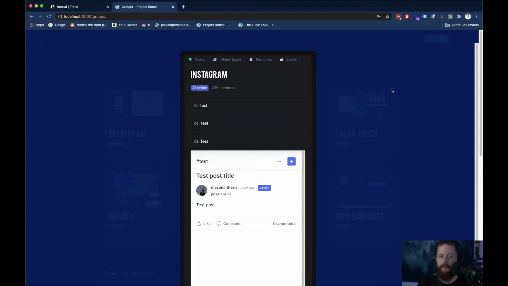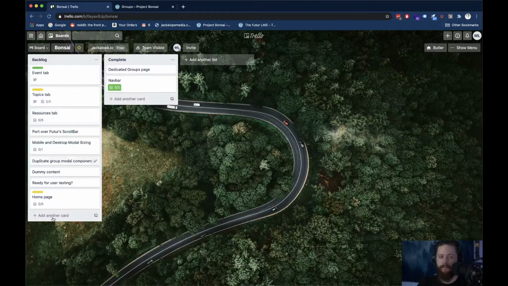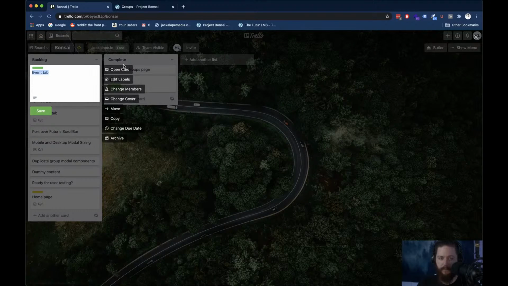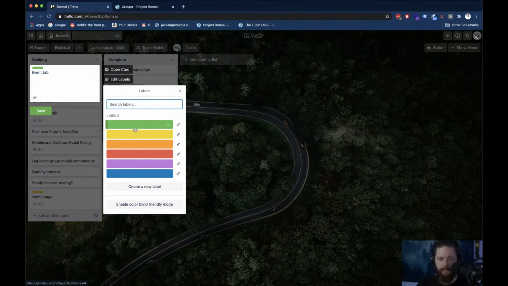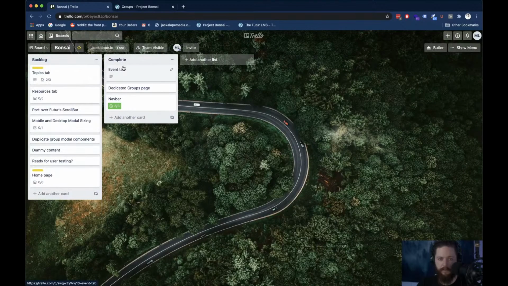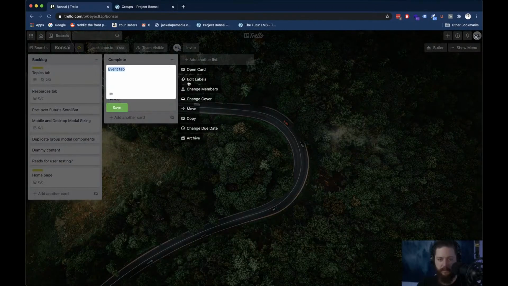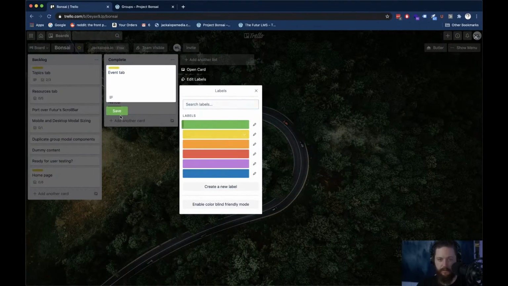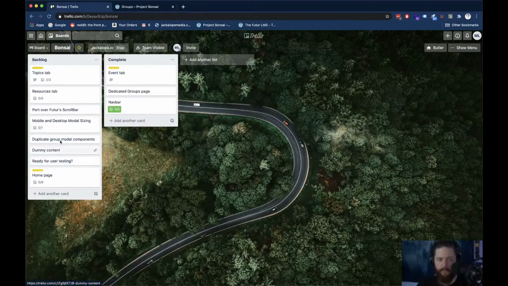So once I solve this part, it will naturally solve the calendar sizing. So for now, I'll mark that as done, even though I know we're going to come back to that. Actually, I'll put it as complete, but I'll put a little hold sticker on it until we complete this step